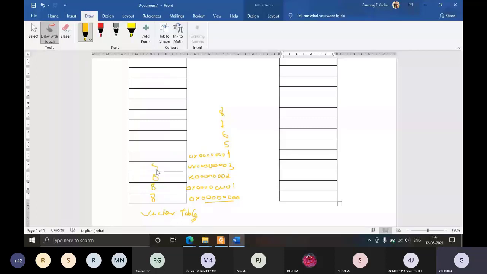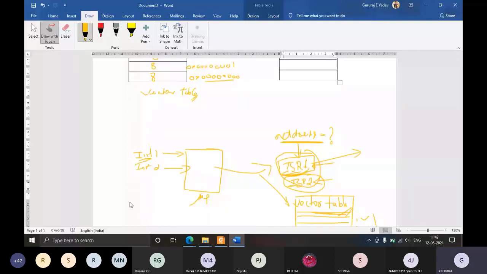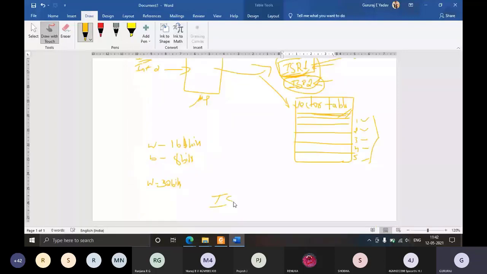Since it is a 32-bit processor, the addresses in Cortex M3 are also 32 bits. If you want to locate any address in the memory of ARM Cortex M3, you have to specify a 32-bit value. So the starting address of, let's say, ISR1 will be a 32-bit value.